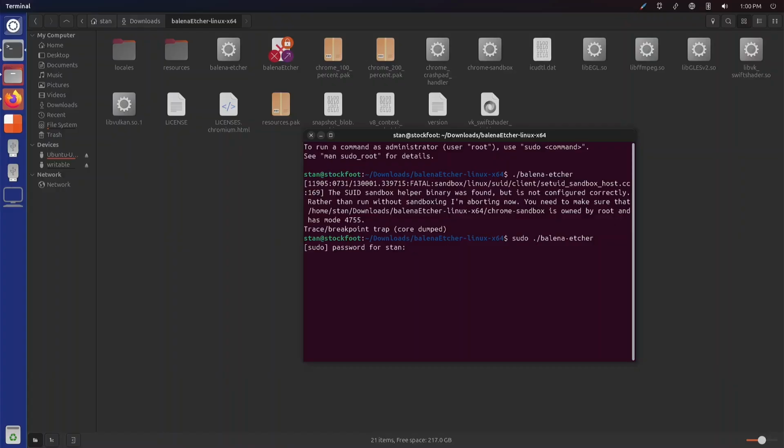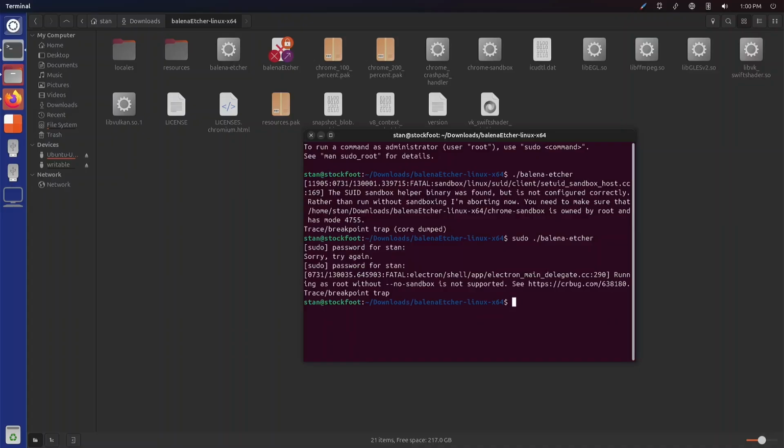Okay, let's hope this works. Oh my god. Oh dear god. Do I just have older versions of Etcher on my computer?